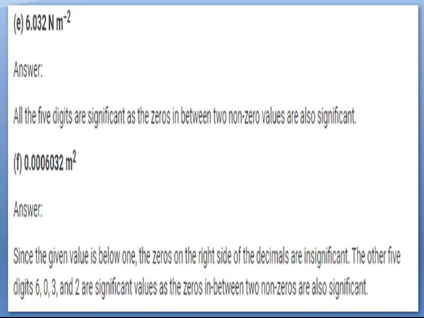So in the same way, let us see the next question. 6.032 Newton per meter square. Here all the 4 digits are significant figures. See part F, 0.006032. See, this number is